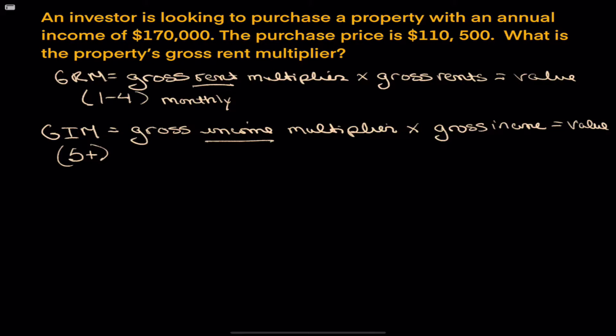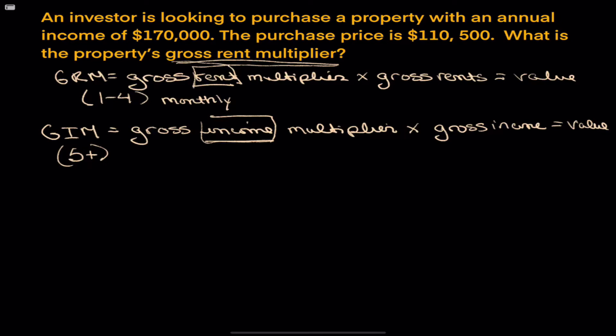In each case, this is a slightly easier way for an investor to figure out if something's going to be a good investment. They're really looking at, well, how many years would it take to pay off this building, looking at the income, the gross income that comes in. The gross rent multiplier is only rent, and the gross income multiplier will sometimes take into consideration other income that the property might have. So now that we know the difference between GRM and GIM, this particular problem is asking us